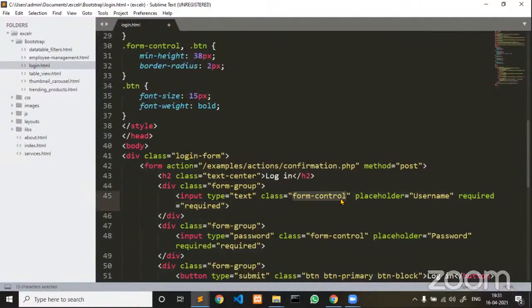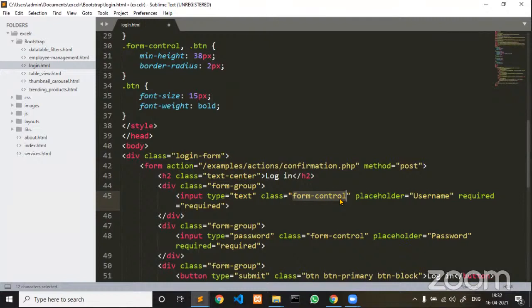Form-control is also. See, Bootstrap has predefined classes for each and every element in HTML. If you recollect whatever tags and elements are there in HTML, Bootstrap has predefined classes for each and every element. If you want to group some form elements, form-group is a predefined class.